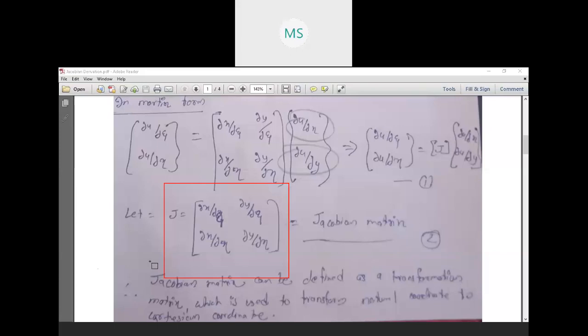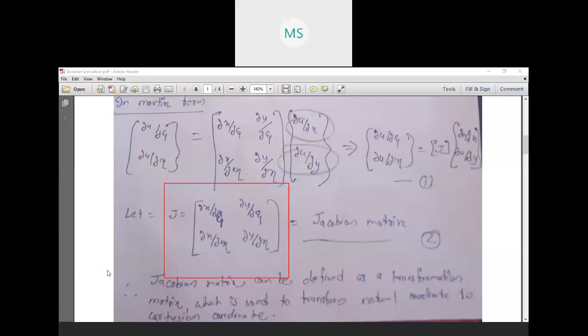Okay, they may ask you to derive an expression for the Jacobian matrix for a two-dimensional triangular element having 3 nodes with each 2 degrees of freedom. Like that they can ask you. If they ask you in such a way, you have to stop here. No need of going further. You can stop here. Okay, so let us see what is there next.